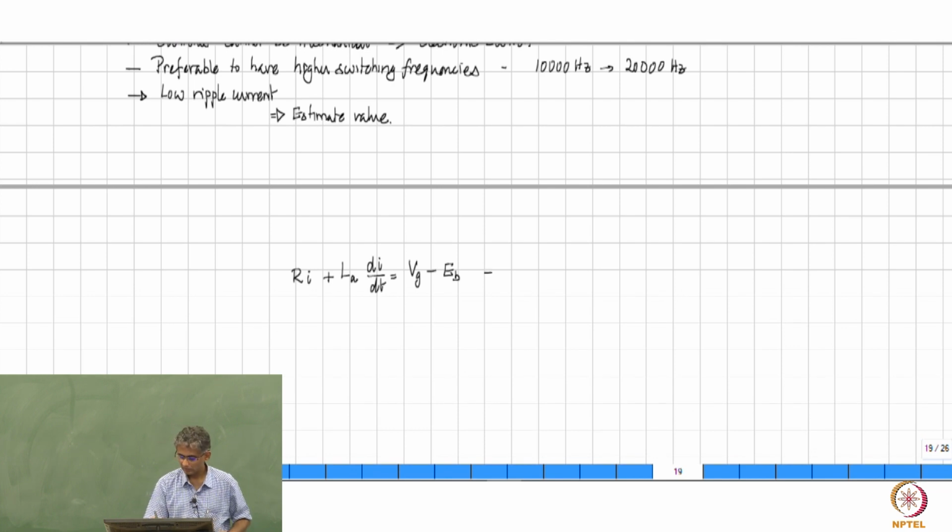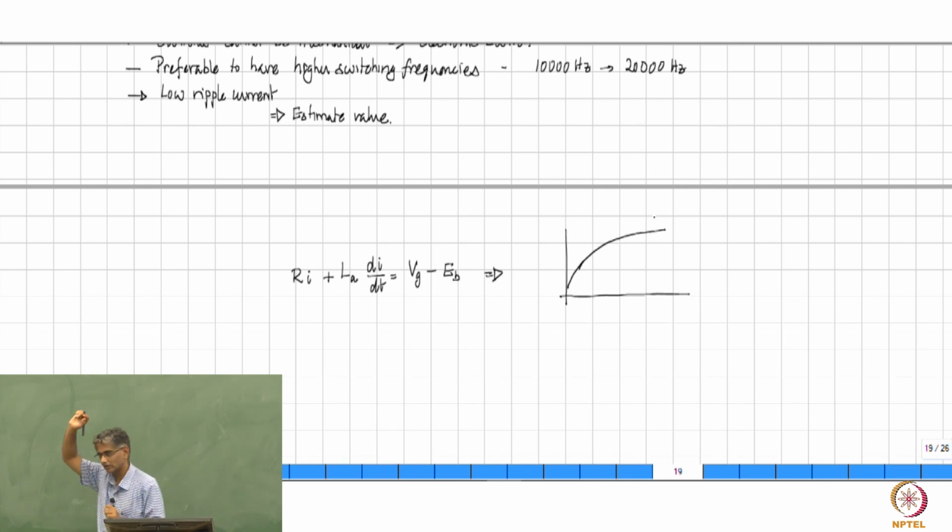This will mean that it's a simple first order equation. You don't need specific knowledge of electrical engineering to solve it. So let's not get into the solution therefore, but nevertheless you know what a first order equation solution looks like. This is going to go like that. Earlier we had a simple linear increase of inductor current. Now it's not going to linearly increase. It is going to slowly increase.